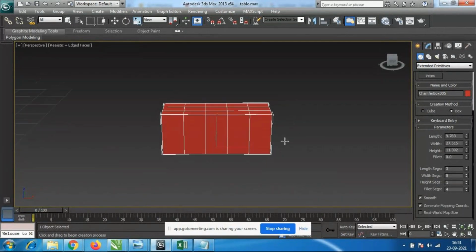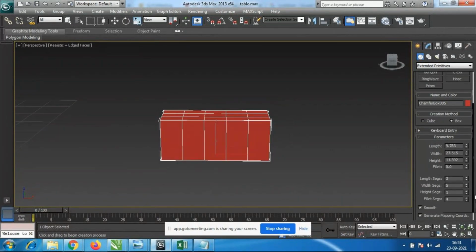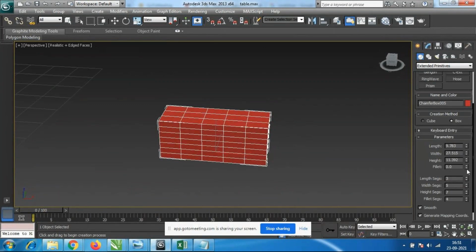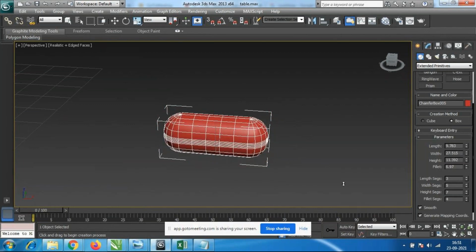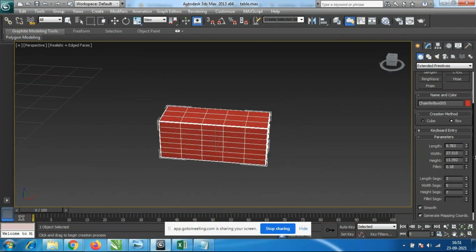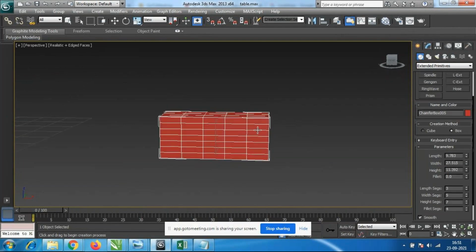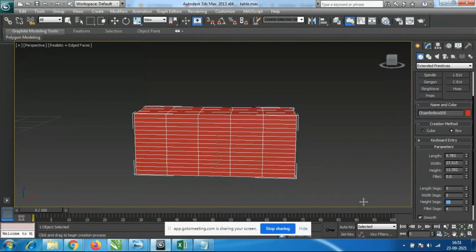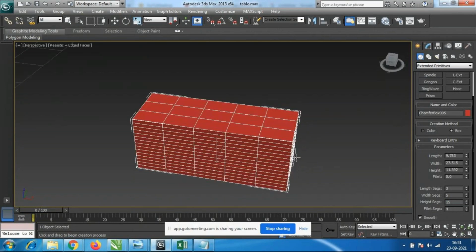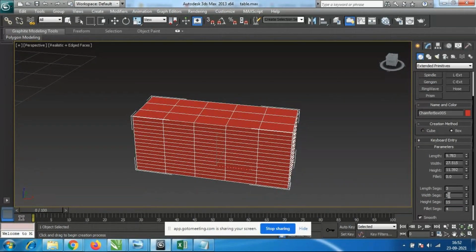If I add segments here, the width segment will be there. If I add more segments for the height segment, then the fillet will come only this much. So the fillet will not come so much. Like that, if I increase more segments, if I increase the height segment, like 15, I will give 15 height segments, and width again 10 I'll give.